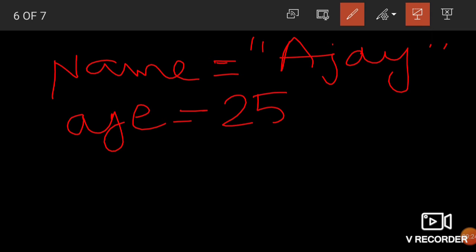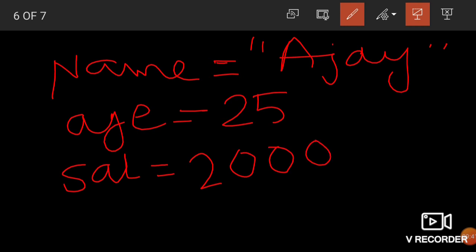Now next, salary. I want to write the salary, so for that I am using SAL as the variable. His salary is 20,000, so again this is the integer data type.